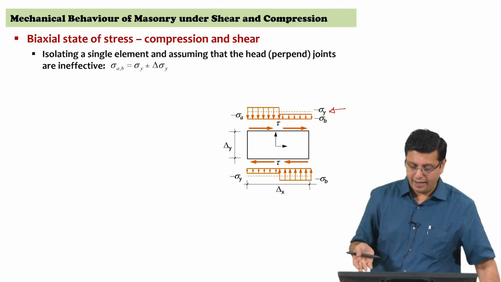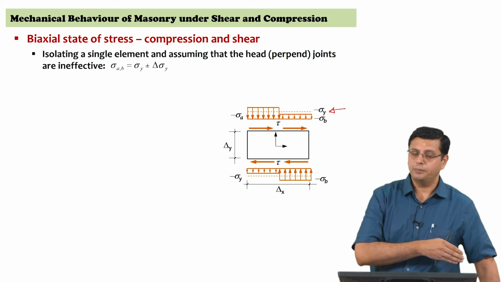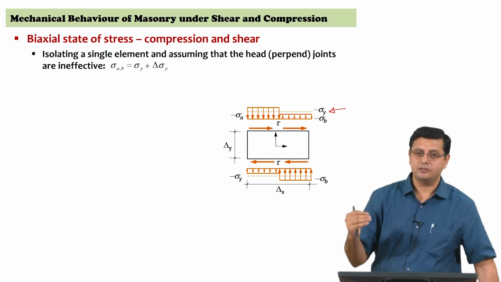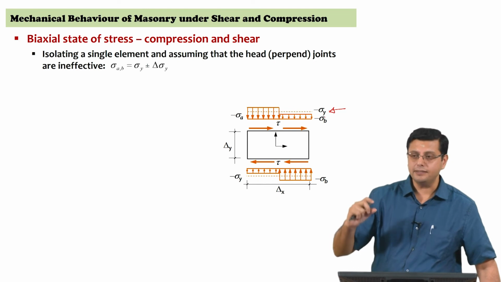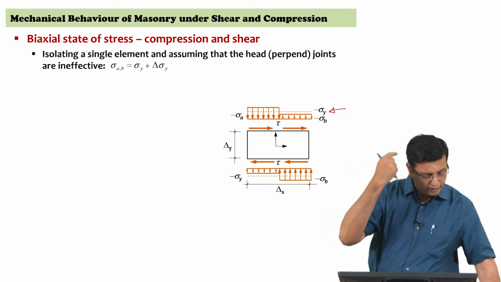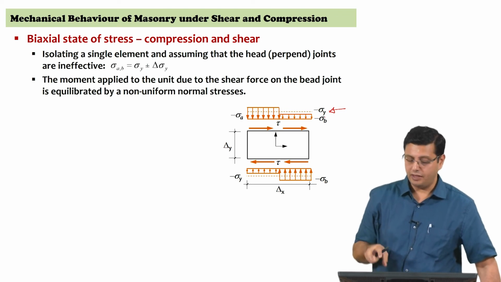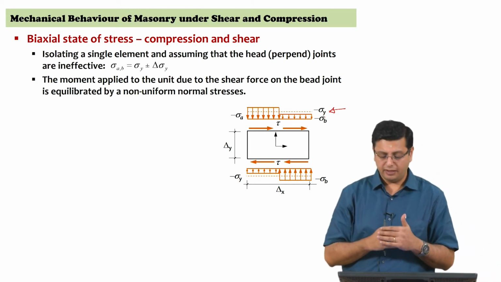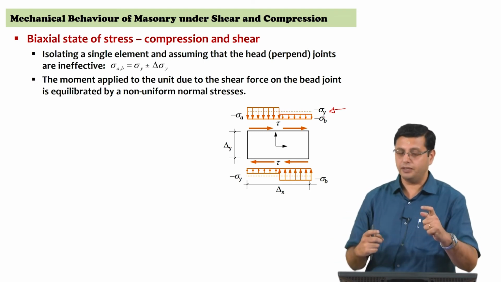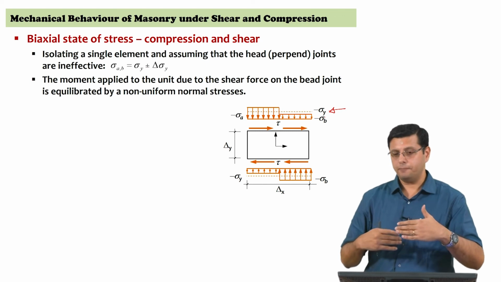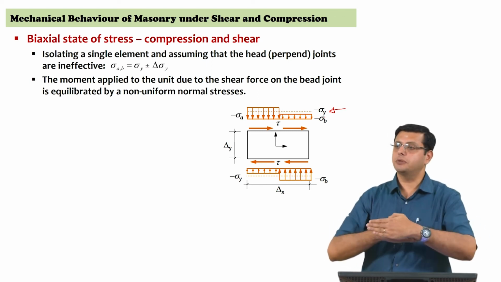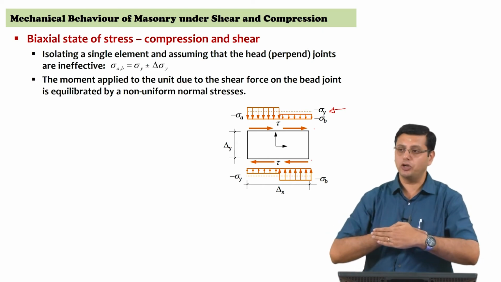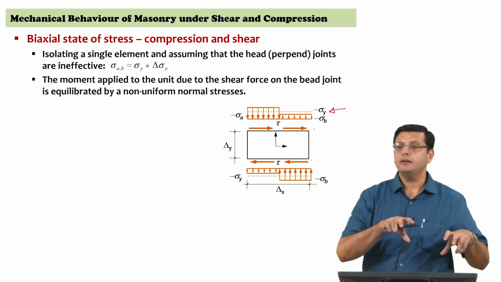So now sigma a and sigma b, the maximum compressive stress that you will reach and the minimum compressive stress that you will reach, are over and above the average compressive stress due to the pre-compression sigma y, plus or minus this delta sigma y, which is the difference in the compression itself. So within this block, if we were to take moment equilibrium, we have examined the normal stresses acting on the unit because of the deformation in the wall. But when this wall deforms, the bed joints are now going to be subjected to a state of shear. So tau at the top bed joint and tau at the bottom bed joint is what is going to be equilibrating the changed state of